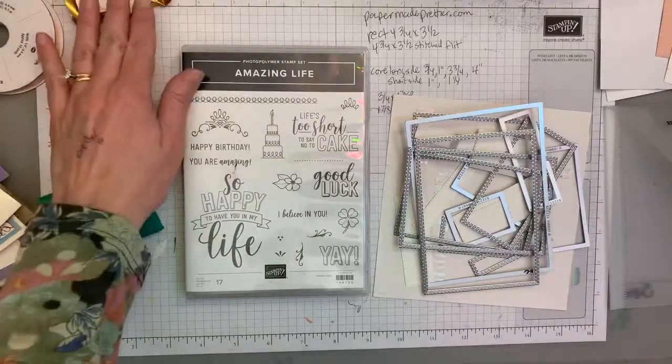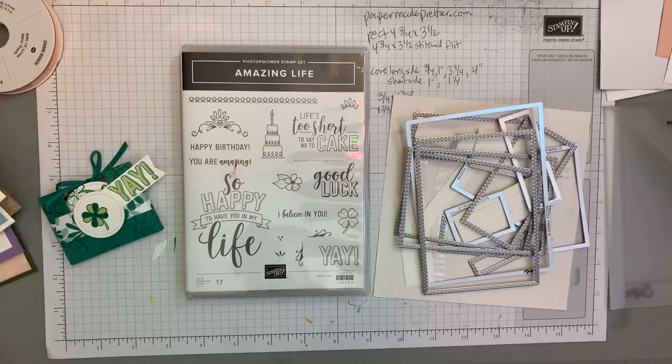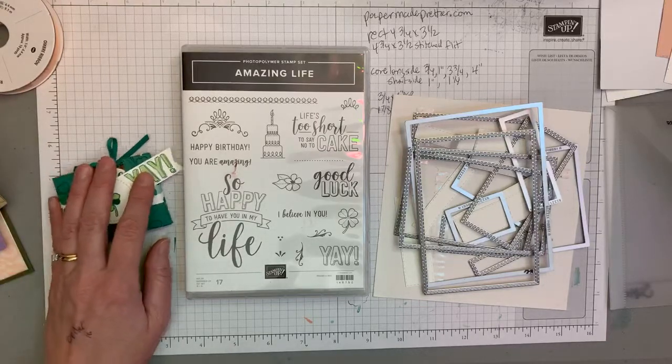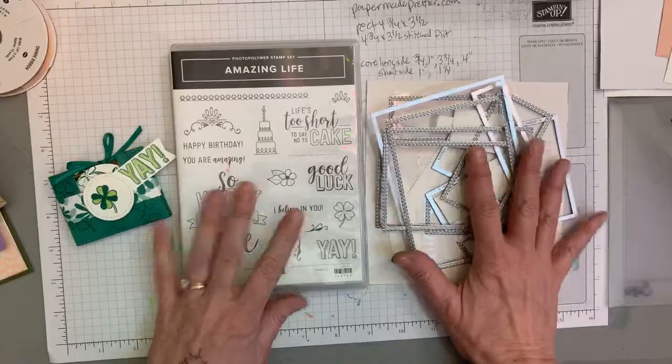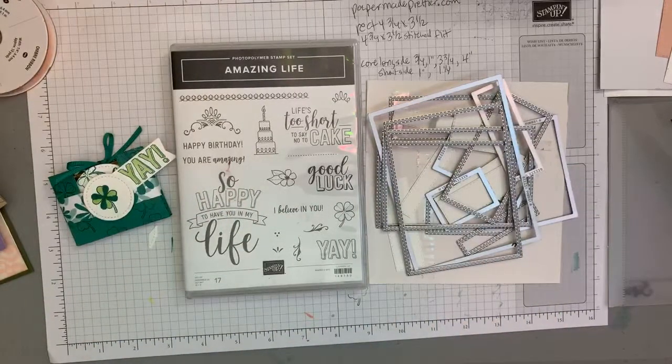So I'm going to make two projects for you. Well, I'm going to show you a project using it, and then I'm going to make another project using it. So these two products actually go together. And I'm going to look and see if I can put my hands on